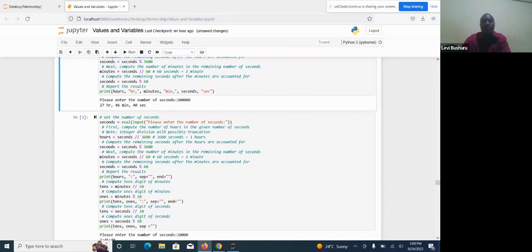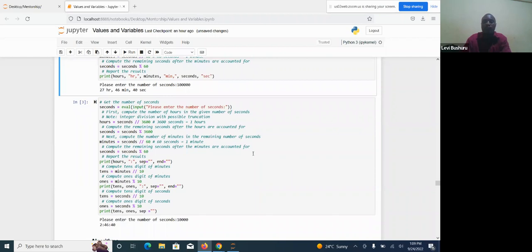How are you going to separate it by a full colon? As you can recall earlier, we did a sep function. And sep is short form of separate. The sep function is a function that we will use to separate this time in hours, minutes, and seconds. As you can see, I've entered the same function, but now when I want to print the output, I say print the output, and this output is hours,